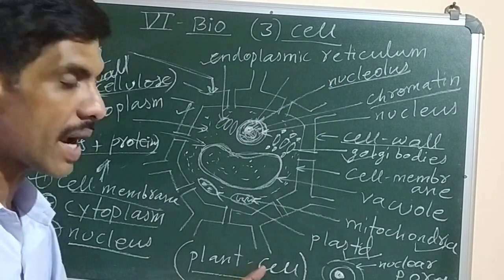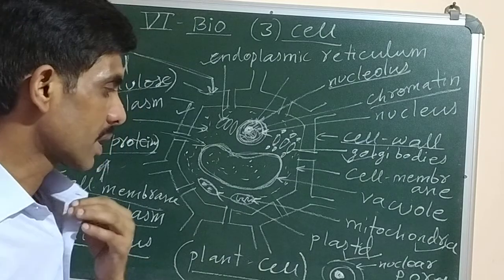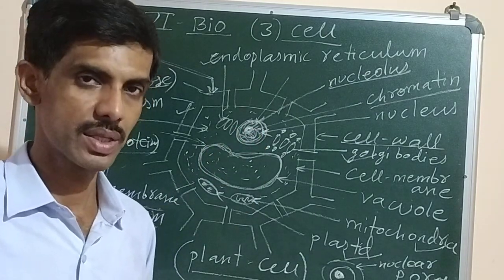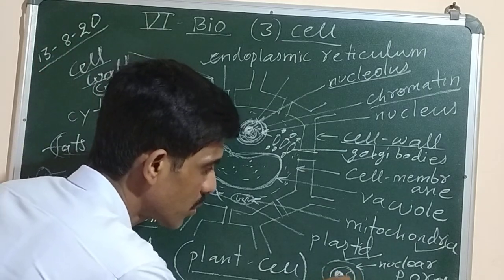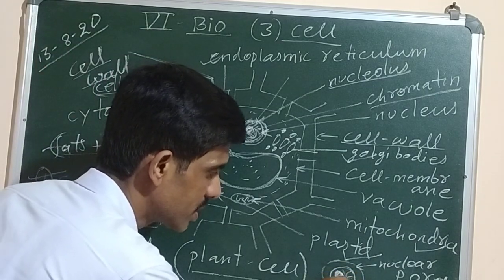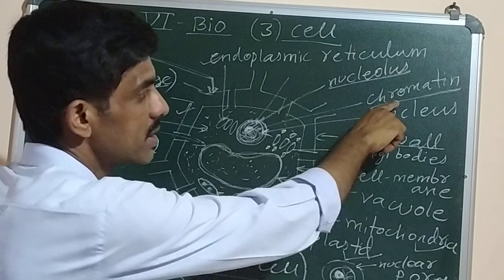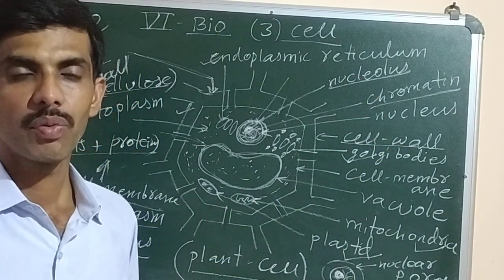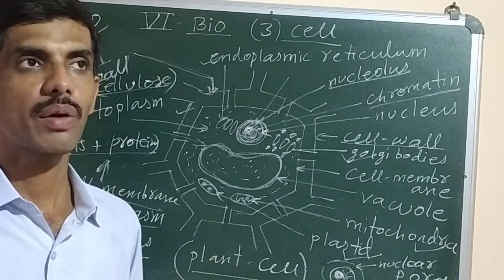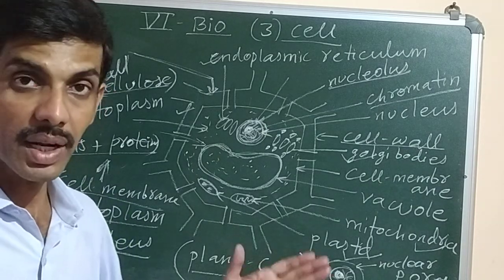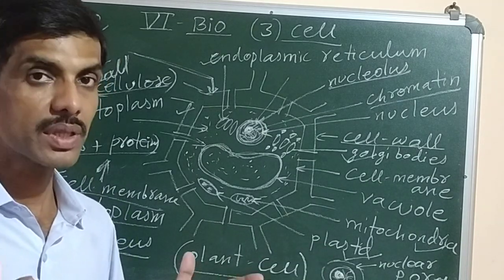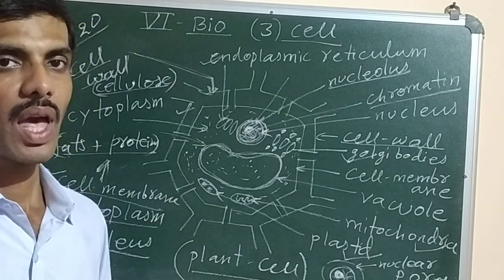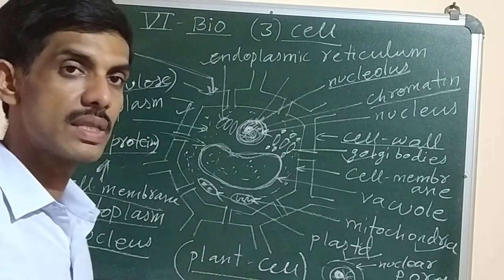If there are more than one, it is called nucleoli. What is the function of nucleolus? It helps in the synthesis of proteins. Then we have a network of thread-like structures which is called chromatin network. You can see here, chromatin network is the one which remains as a network of thread-like structure that condenses, means becomes thick, during cell division to form chromosomes, and chromosomes contain genes.